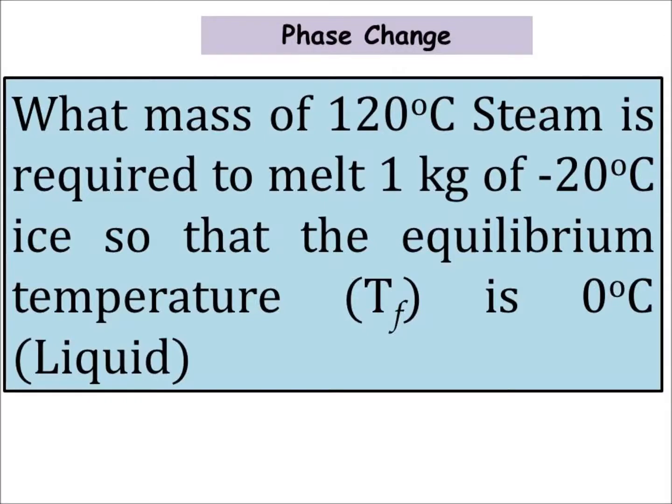Okay, we're starting now. The problem, ice problem part 2, is: what mass of 120 degrees Celsius steam is required to melt 1 kilogram of negative 20 degrees Celsius ice so that the equilibrium temperature, the TF of the system, is 0 degrees Celsius liquid? So it would be on the right side of the first plateau in what we would call